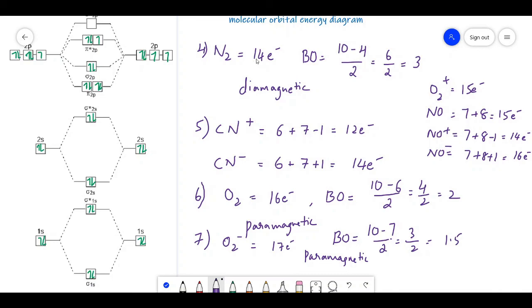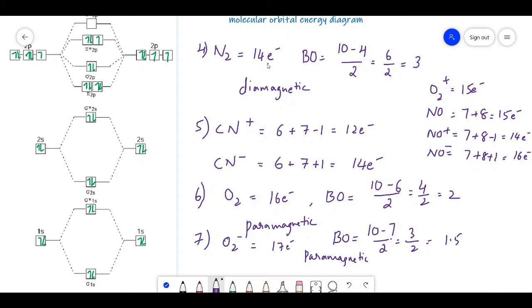Either they may ask to calculate how many bonding electrons, or how many anti-bonding electrons, or they may ask bond order or what is the magnetic property. And remember, whenever the electrons are an odd number, after adding these electrons, if you are getting an odd number, then that will have at least one unpaired electron, and that will be paramagnetic. So not all the even numbers. Even numbers may be paramagnetic or diamagnetic. But the odd number electrons, after calculating this, if you are getting an odd number, it is 100% sure it will be a paramagnetic